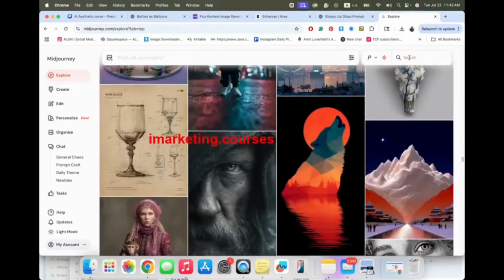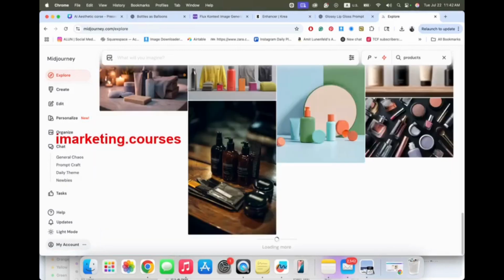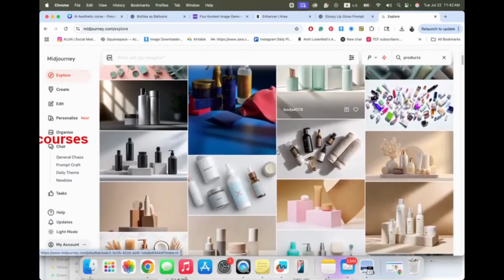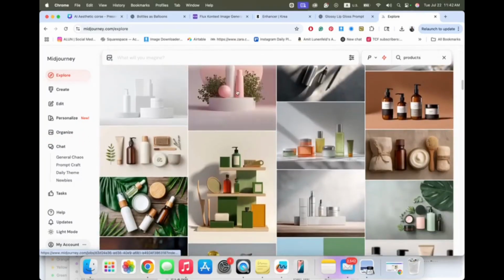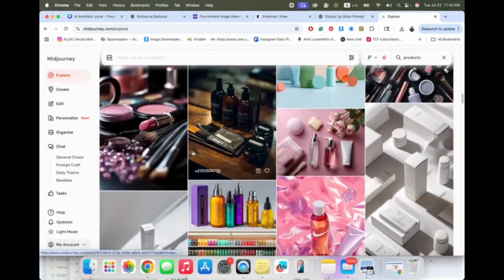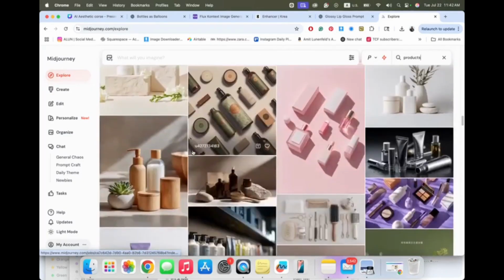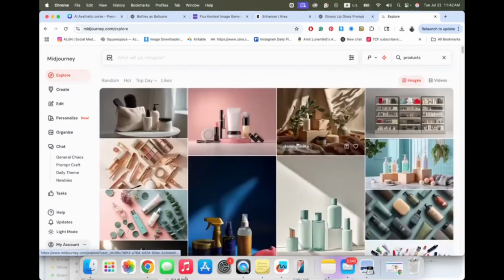Let's say we want to create products, just because we already talked about it. This is the result we get. So what you can do here, you can create the packaging, whatever you want, and maybe go later on to Photoshop or any program you use and place your logo on it. But why am I showing you that?